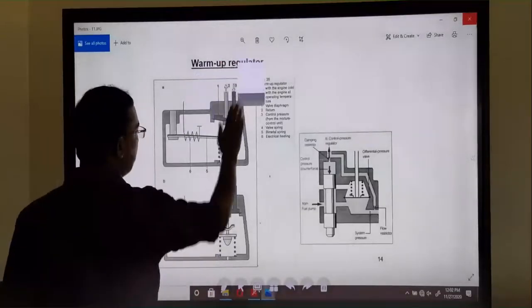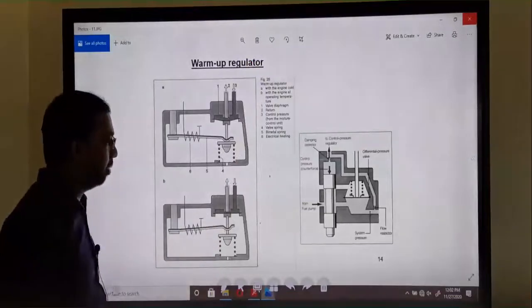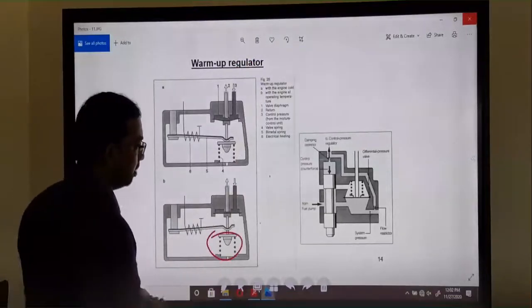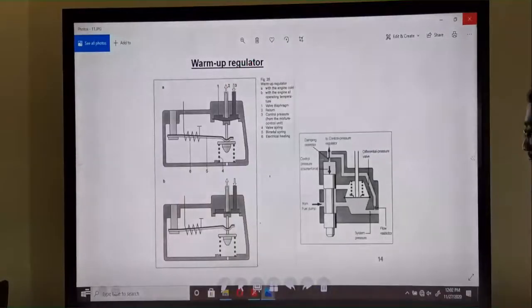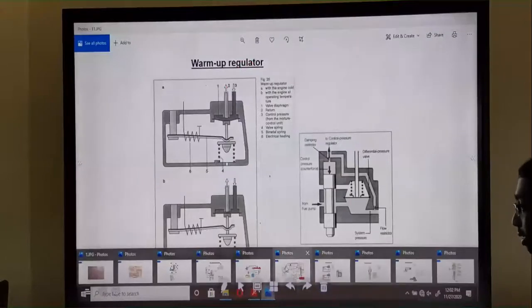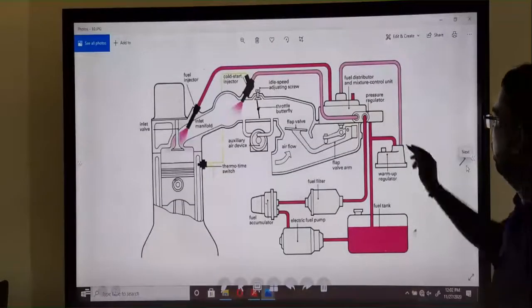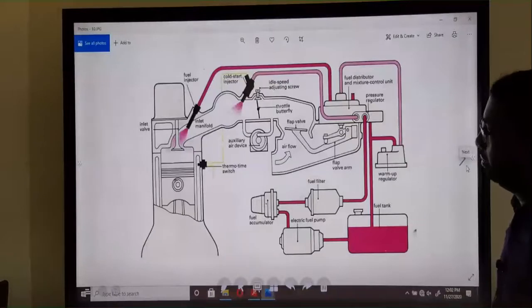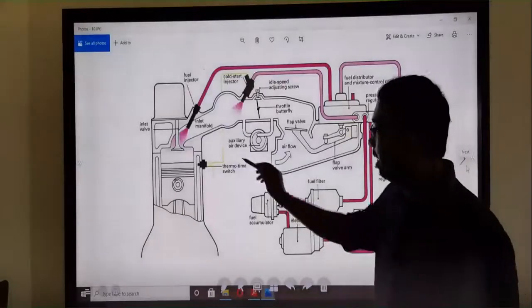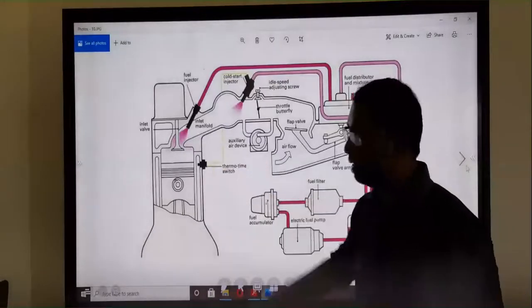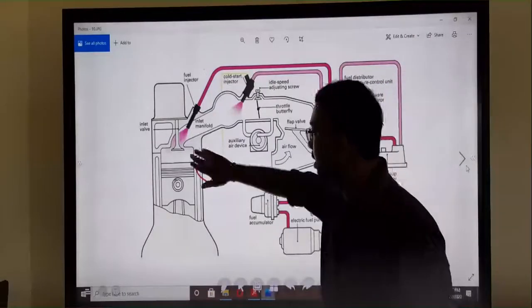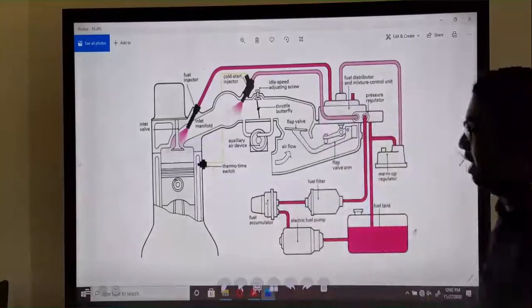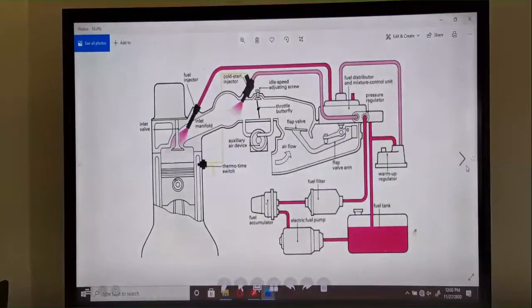After this bimetal is started, it is positioned by this return spring. So this is the actual construction inside the warm-up regulator, okay. Then we study about the thermotime switch, okay. What is this? This thermotime switch connects with this cylinder chamber and it can measure the temperature of the cylinder,